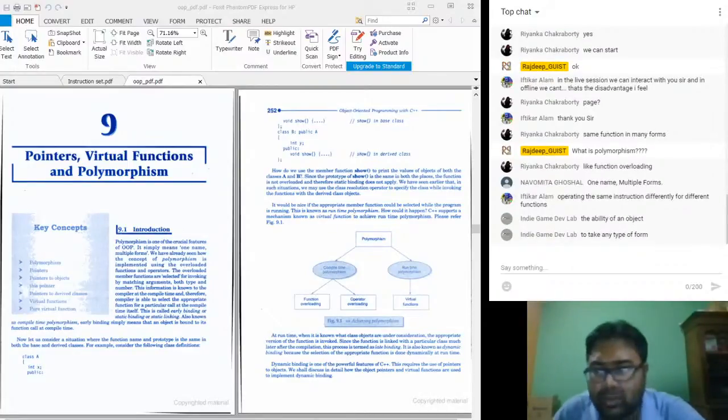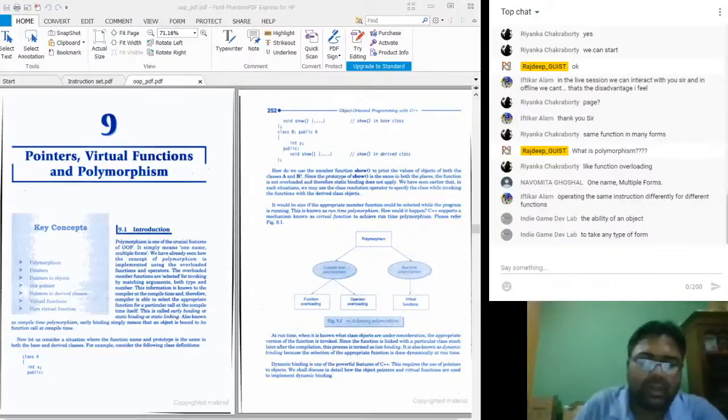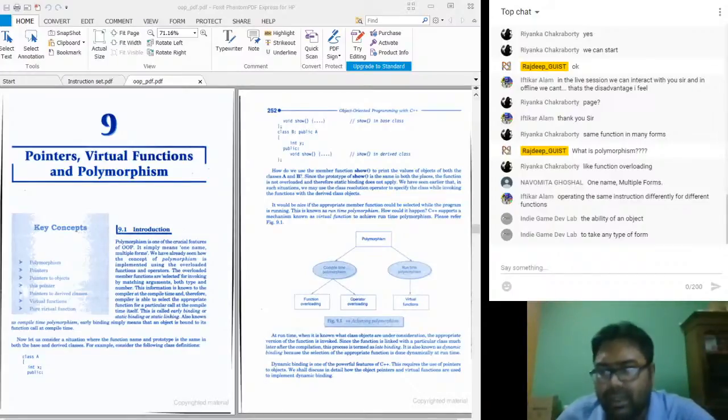What is happening actually? Whenever you define these functions or operators and overload them, you are declaring them beforehand, right?